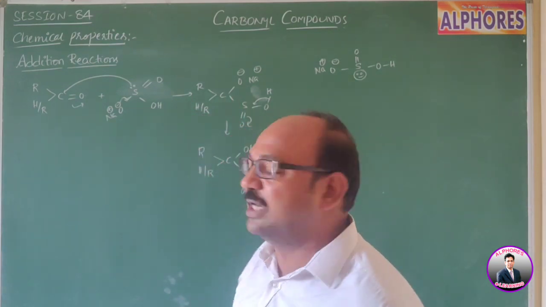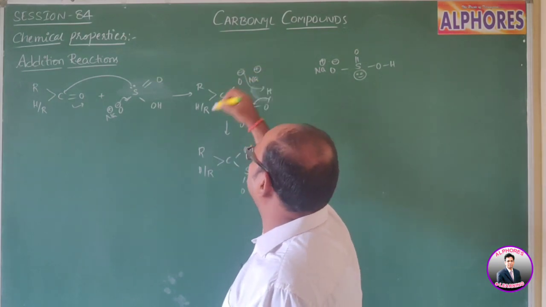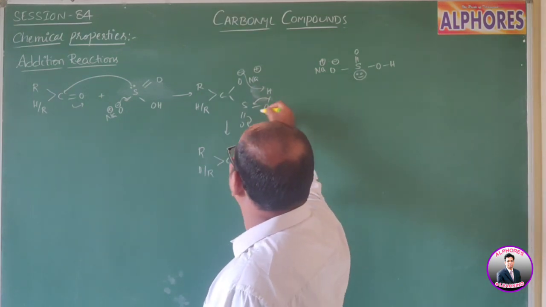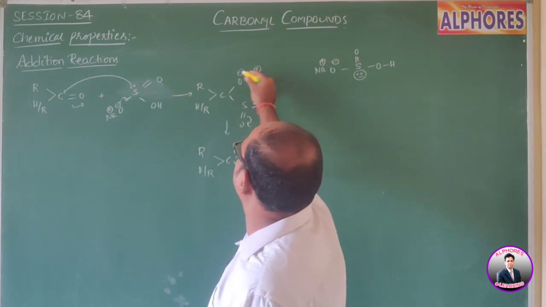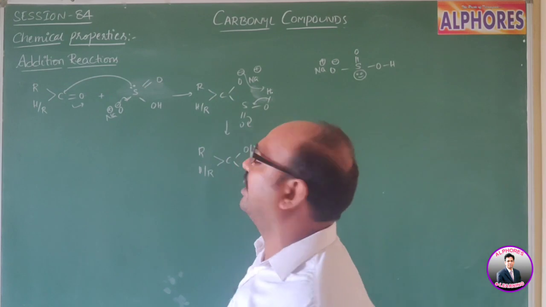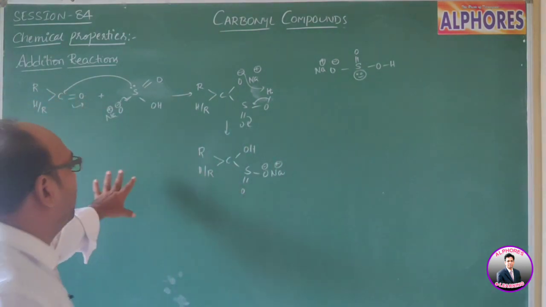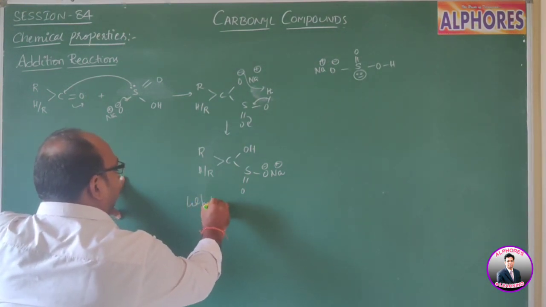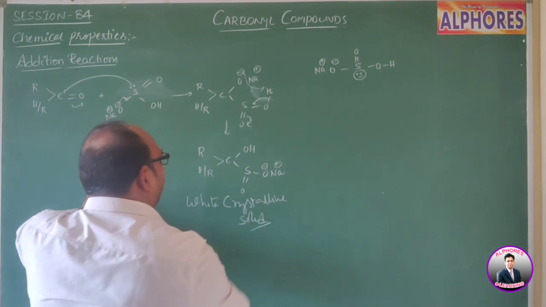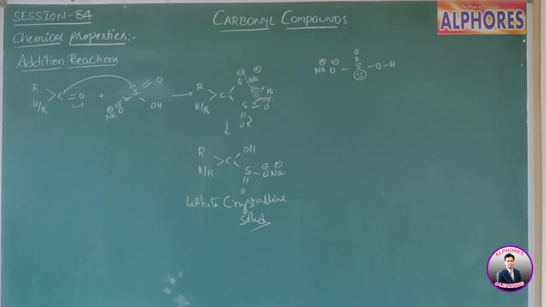And proton transfer: here this O- abstracts the proton, because as we learned, alkoxide O- is a strong base and this proton is acidic in nature. That's why this H+ is taken, these electrons come like that, and O- and Na+ again come here. This is the actual mechanism that takes place, and the formed compound is a white crystalline solid. This reaction is performed only by carbonyl compounds, aldehydes, but in ketones only methyl ketones.